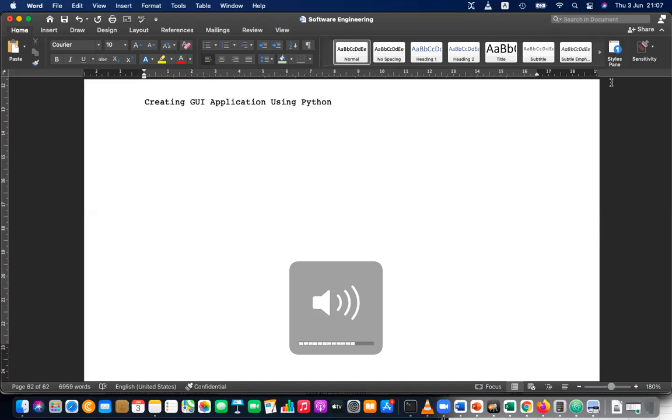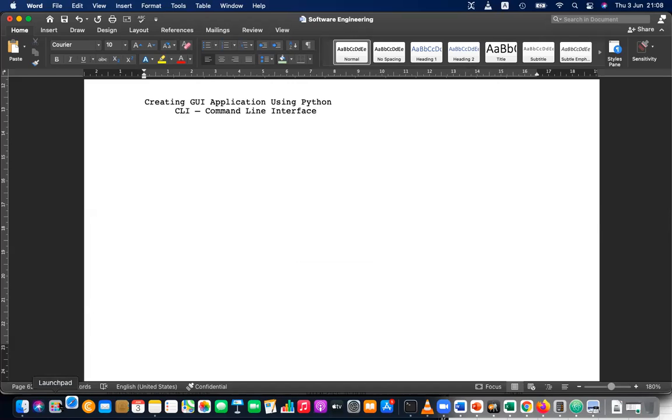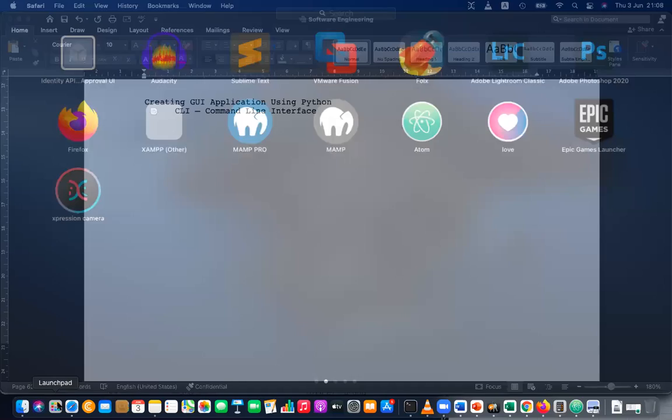Please write down the heading, creating GUI application using Python. So we already learned how to create CLI applications. CLI means command line interface. All the applications that we have created using Python are command line applications, because they are executed in the